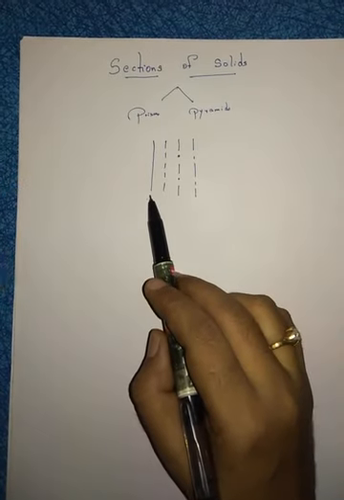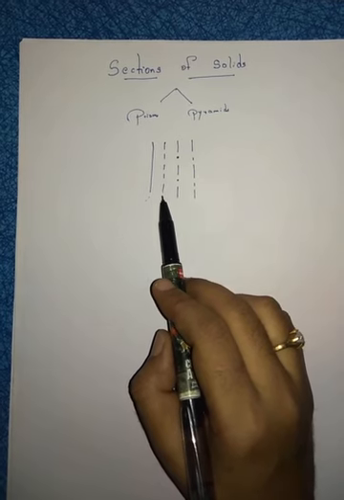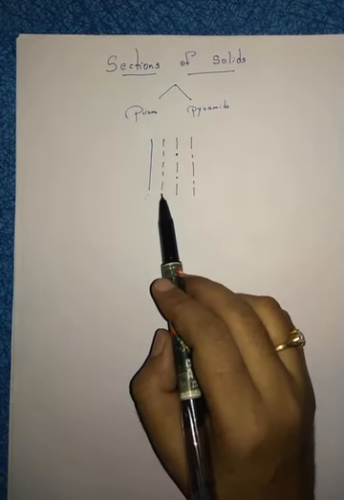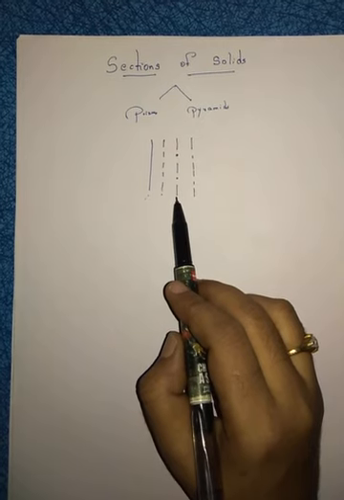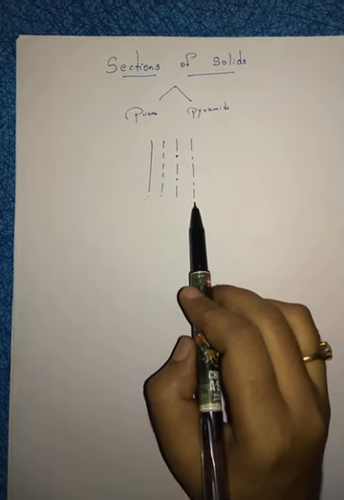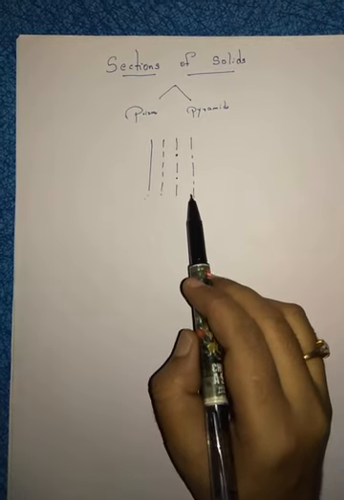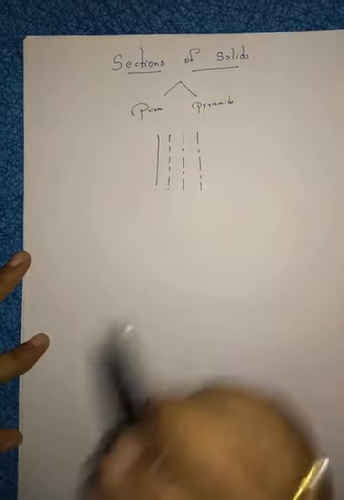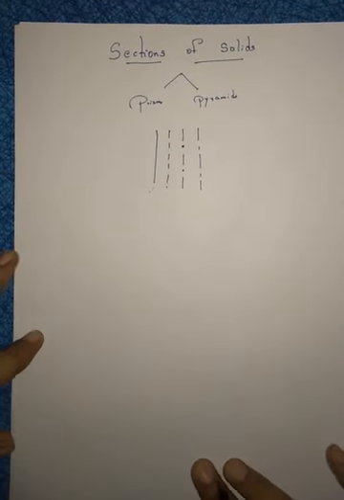Straight line, we use for just drawing diagrams. Hidden lines, for 3D objects, the back portions we can't see, so invisible parts we draw with hidden lines. This is your axis line, midpoint line, center line, dash dot. And this is your sectional plane, cutting plane, large dash, small dash. So sections of solids is the same as projection of solids.